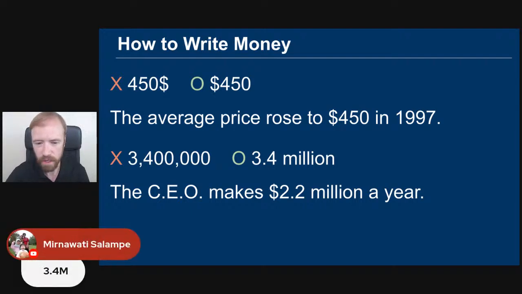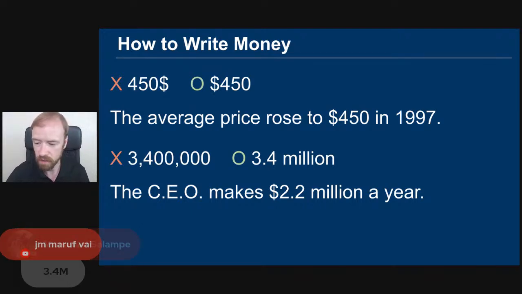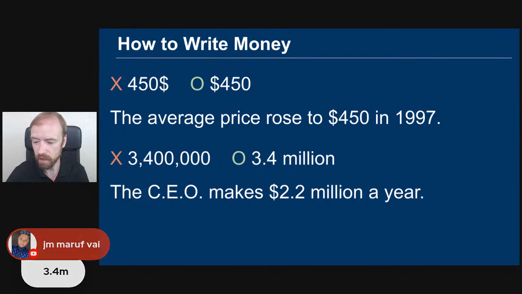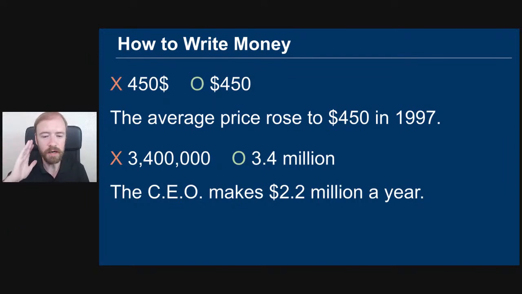Again, these are short ways. You can write these in any other way, any other writing, but on your IELTS, I want you to write it only this way. I don't want you to make it too short. I want you to write it 3.4 million, or if you're talking about money, $2.2 million with a dollar sign like that. I want you to write it like that for your IELTS writing.